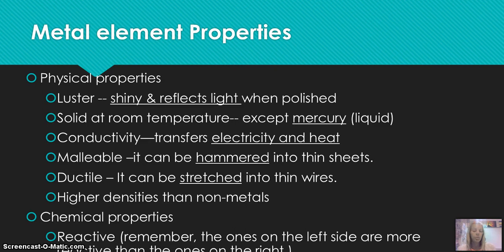Another physical property of metals is that they're ductile. They can be stretched into thin wires. And last but not least, usually metals have higher density than nonmetals. So the chemical property of metals is that they are reactive. Remember, the ones that are further left are going to be more reactive than the ones that are closer to